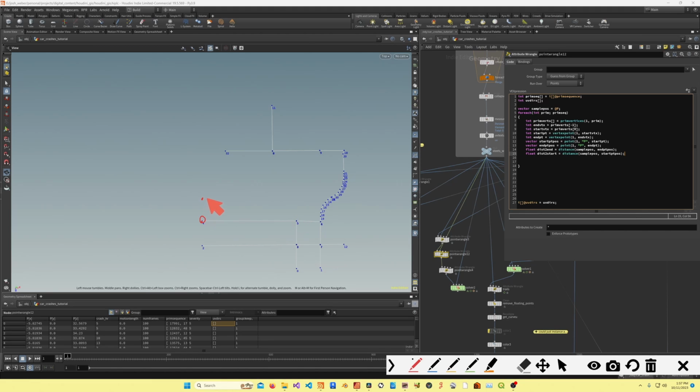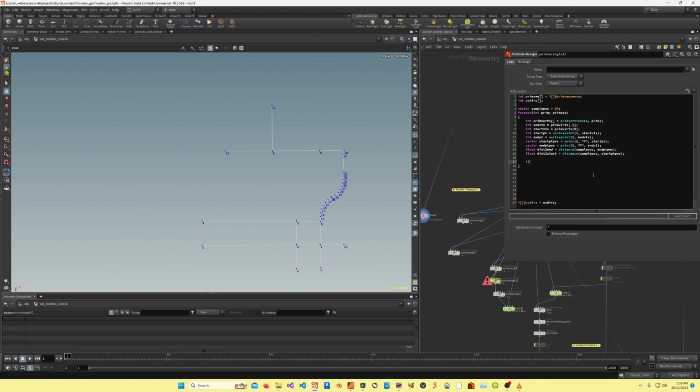I now have this polyline up here. I have the distance to this point and the distance to this point. So in this case, this distance is just equal to 0, and I'm going to use that right now to make sure I'm picking the faraway points just with a couple conditionals. So I'm going to start by saying if the distance to start is less than the distance to the end,